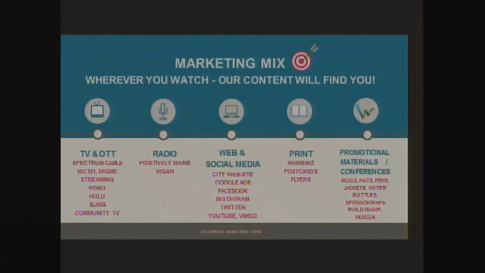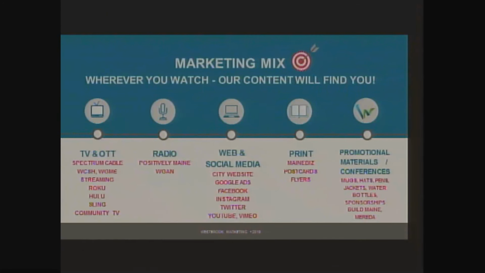Web and social media, constantly working that through the website. We place some Google ads. So that put it on YouTube, those pre-roll videos on YouTube, and some display ads on certain pages, mostly business focus. Facebook, we do a lot of organic reach, but we've also done paid reach too, so sponsored, and it's a really low cost for the amount of people you end up reaching. Instagram and Twitter, and then we also have our YouTube and Vimeo channels, which we've populated with all of our content, or all of our videos.